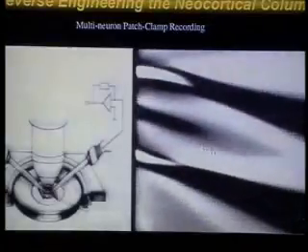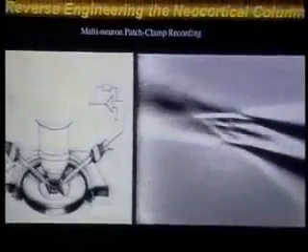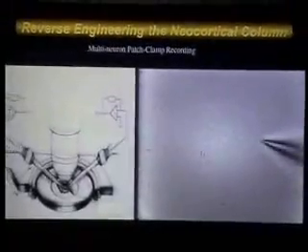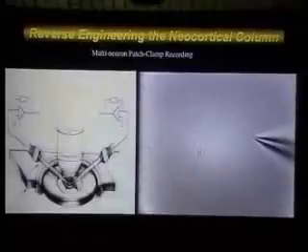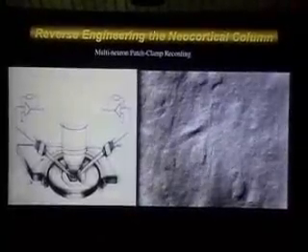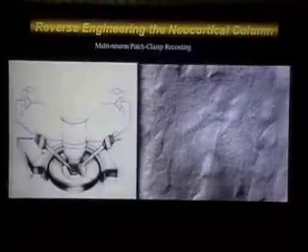So just to give you an idea what that looks like, this is a technique that we developed at that time in Bert Sakmann's lab. It's called multineuron patch clamp. You put a slice of the brain under a microscope, you use infrared optics to visualize the brain while it's alive, this piece of the brain. You use a glass pipette to approach